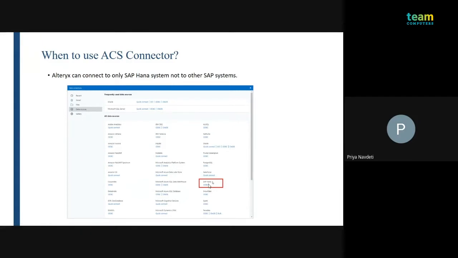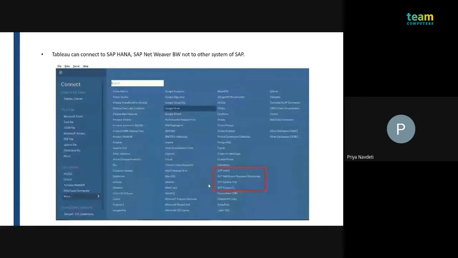The other SAP systems we will look at later. And Tableau can connect to these four SAP systems, that is SAP HANA, SAP BW. I don't know about Qlik, but these are supported.